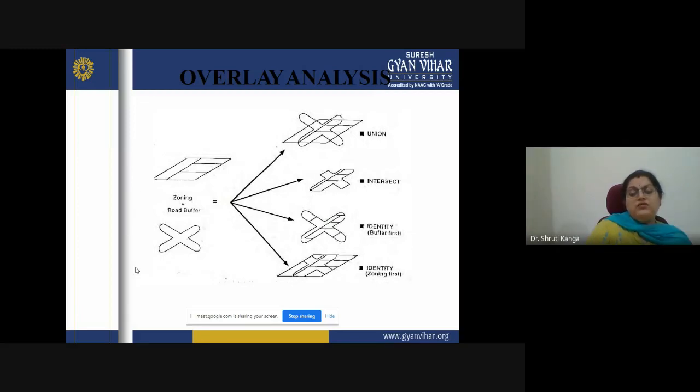Union combines features so that the properties of both layers are in a single layer. Then we have intersect, where we can clip out the common area of both the layers. And then identity and identity zoning. So this is all about the different overlay analyses.